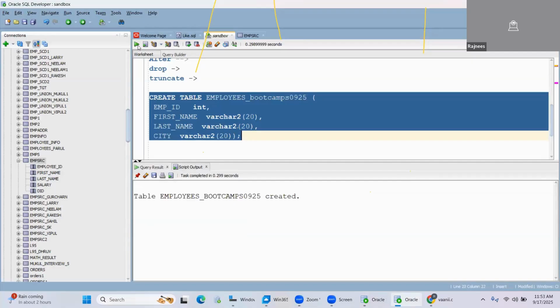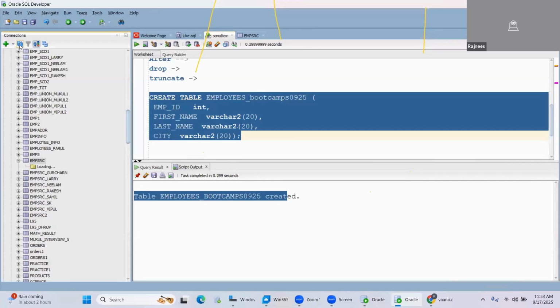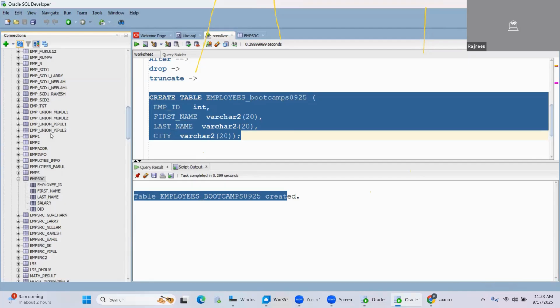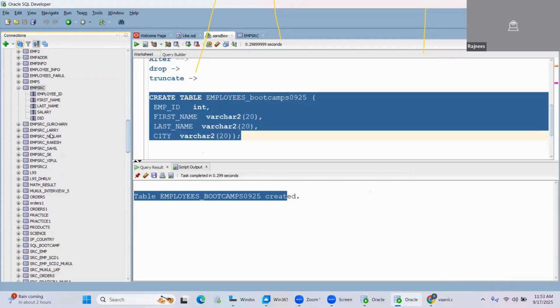So if you run it, your table is created. Got it? And if you go and look here, you will be able to see your employees_bootcamp table here also, once I refresh it. Got it? Now,